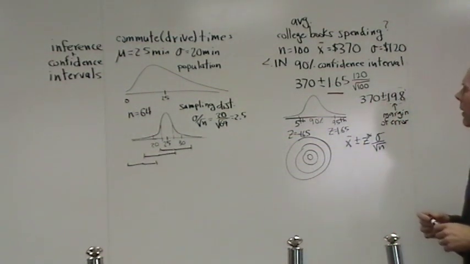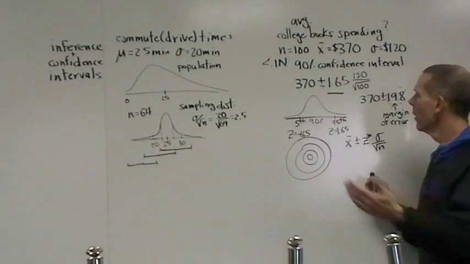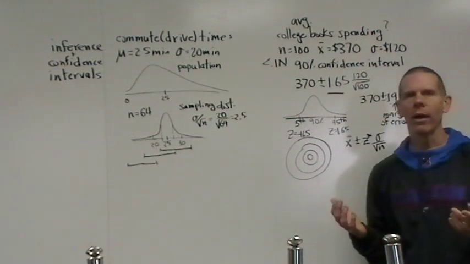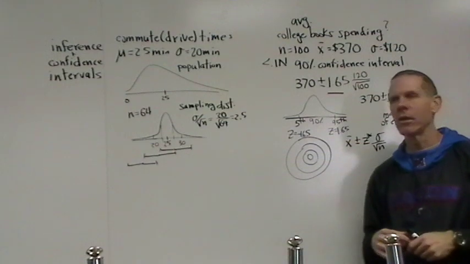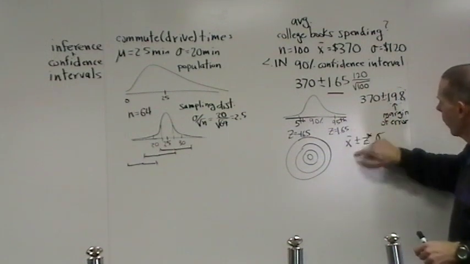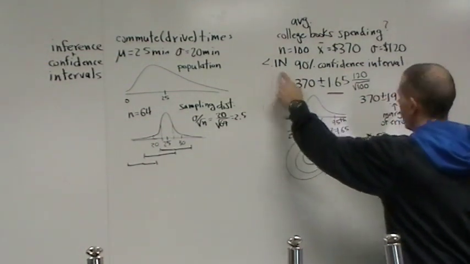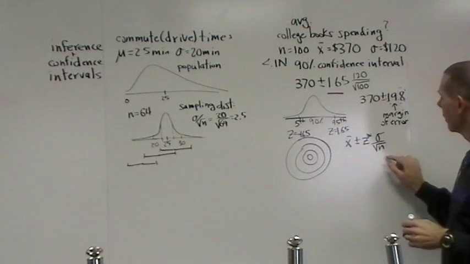Something that I did want you to recognize, all confidence intervals are built the same way. We started with the sample mean. We always do that. It's the best information that you have. And you build your confidence interval around the best information that you have. You always go up and down. As long as you have met this condition that your sample size is less than 10% of the population size, you are allowed to use this.